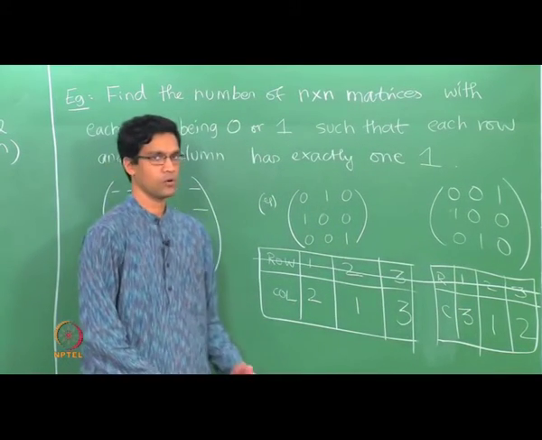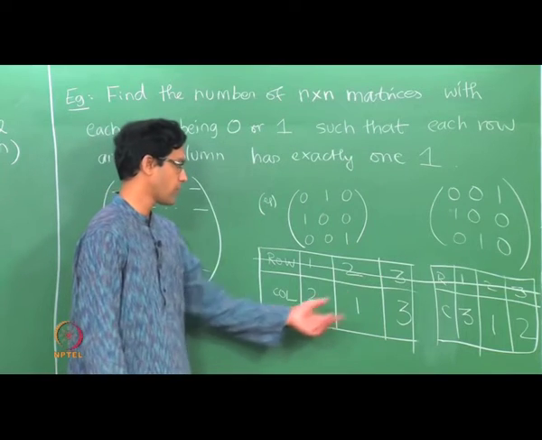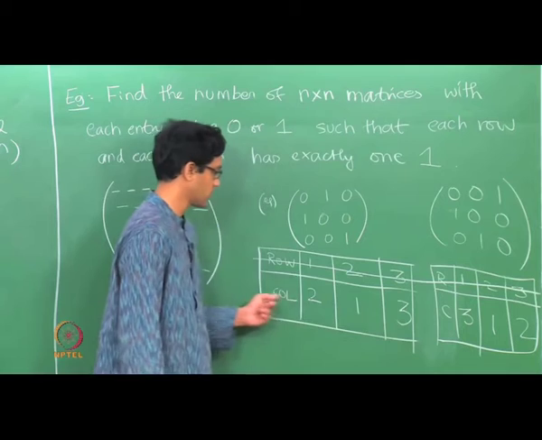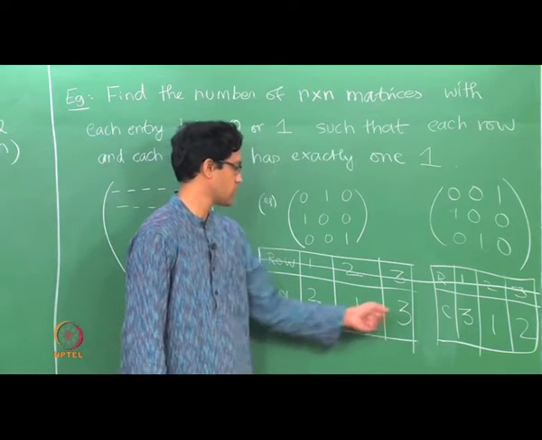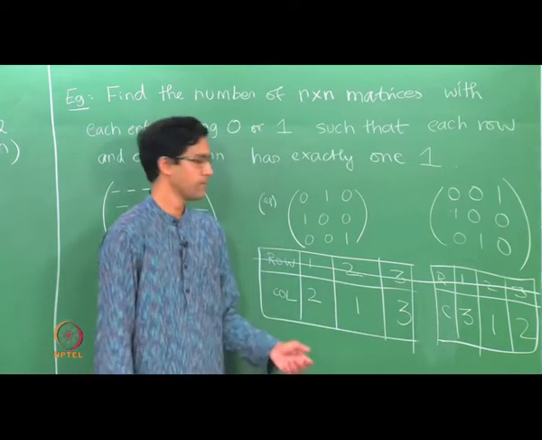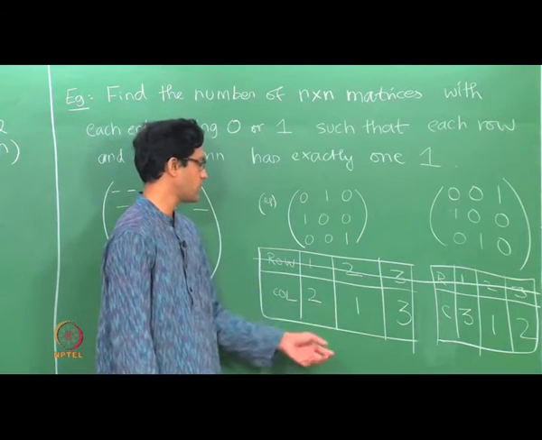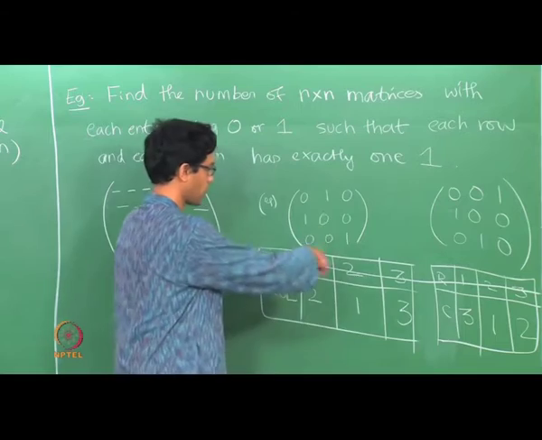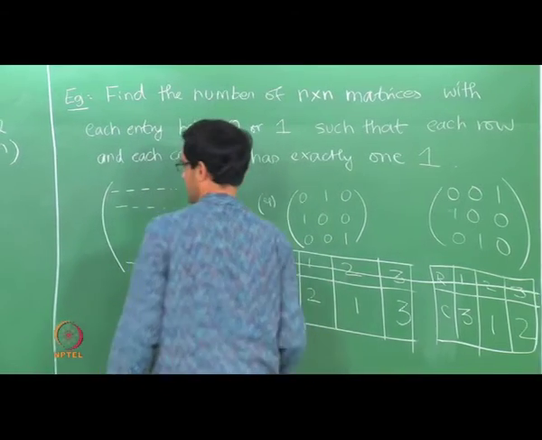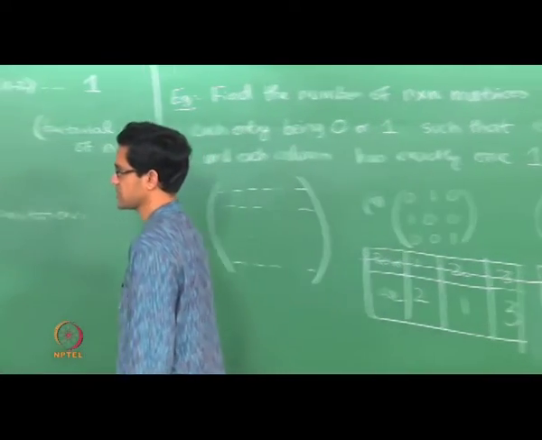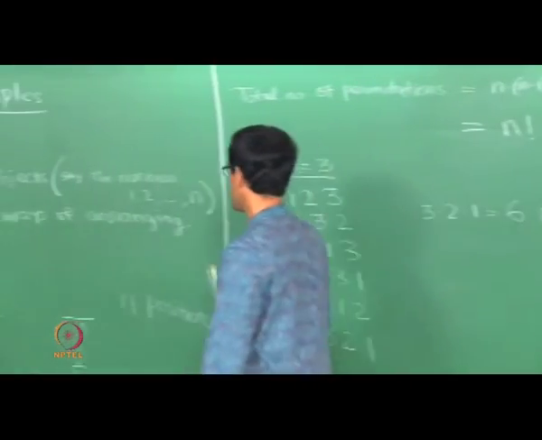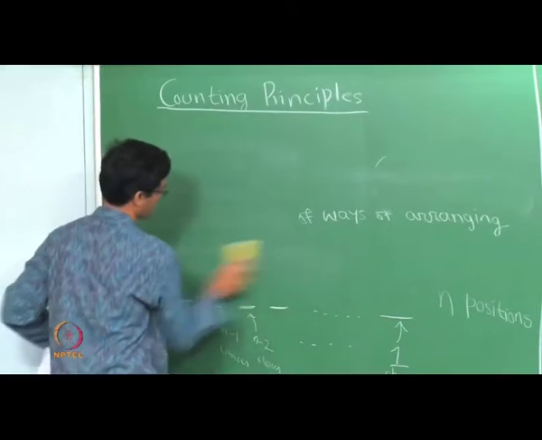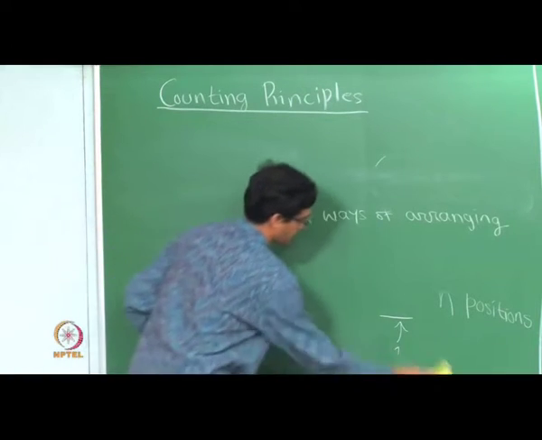Okay. So given a permutation of 1 2 and 3, think of putting those numbers as the column numbers, and then the row numbers are 1 2 and 3, and then you can reconstruct the matrix. Okay. So I hope it is sort of clear, at least from this example, that the set of permutations and the set of 0 1 matrices have the same number of elements. Okay. And in fact there is a nice 1 to 1